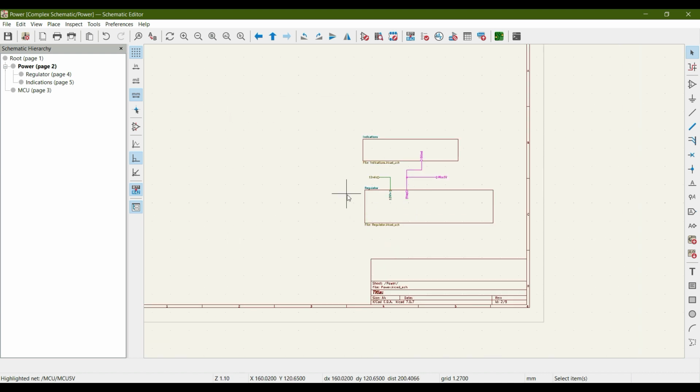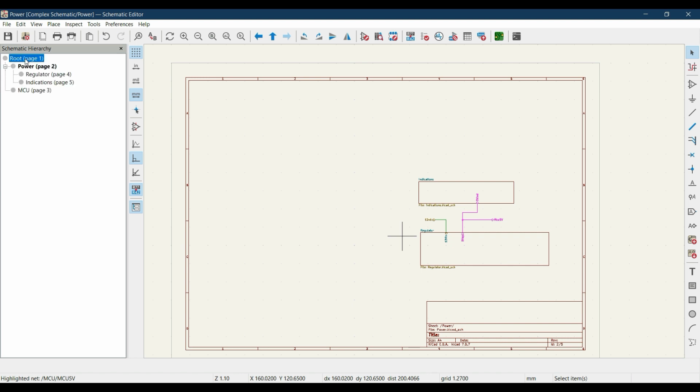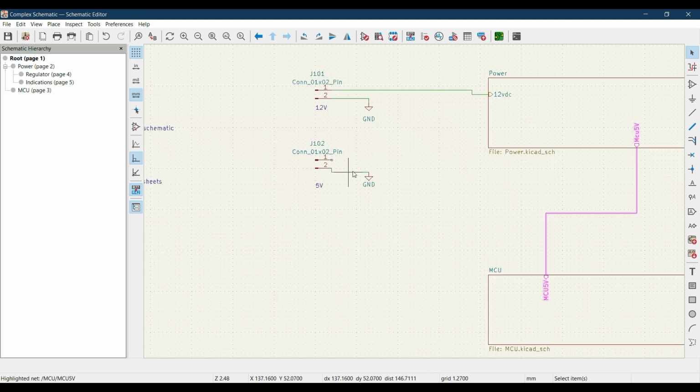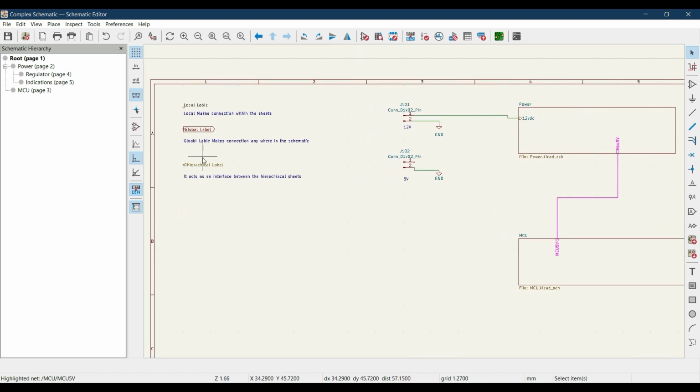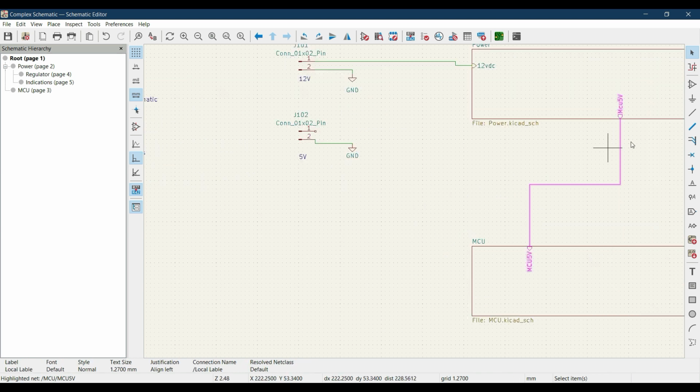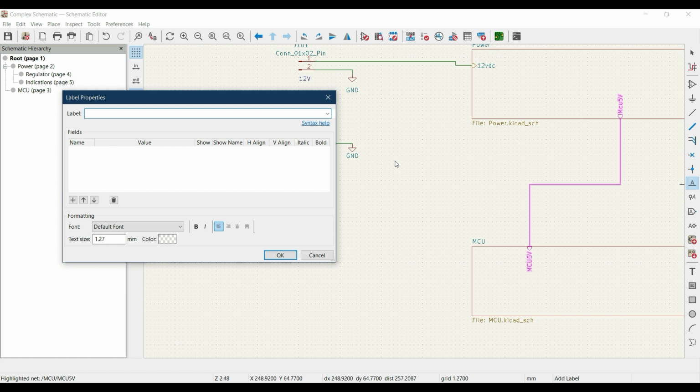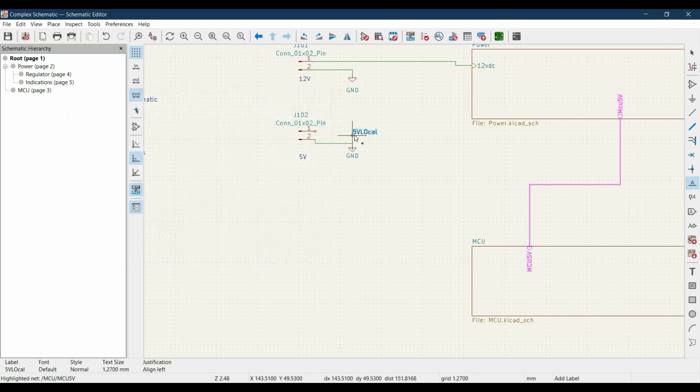Now the next thing is we have to also give this 5 volt to this connector also. So let's just use a local label. As we have discussed hierarchical labels and global labels, let's just use a local label. For using a local label, we have to use this add a net label. Click over here and let's give 5 volt local and hit OK and just place it over here,